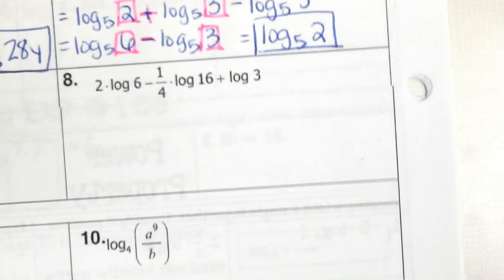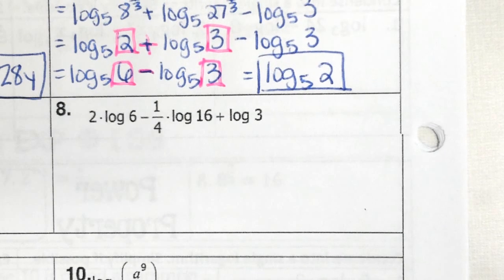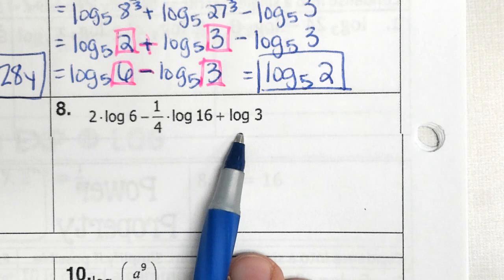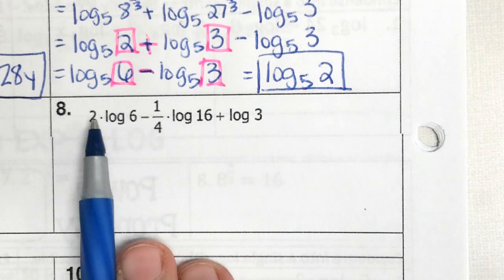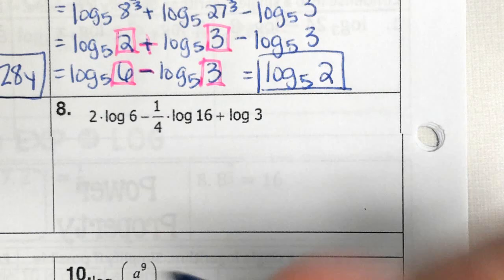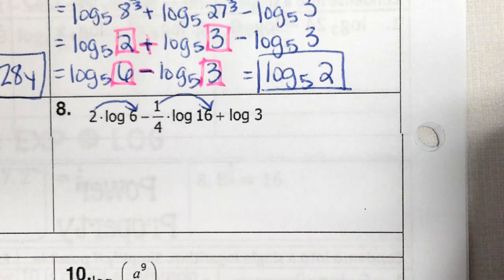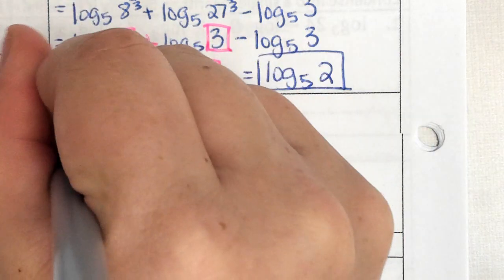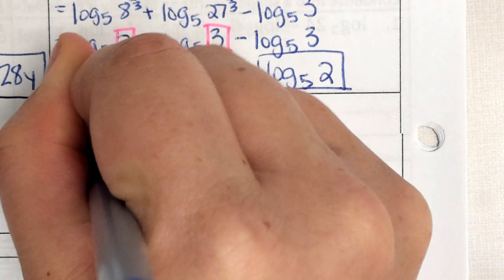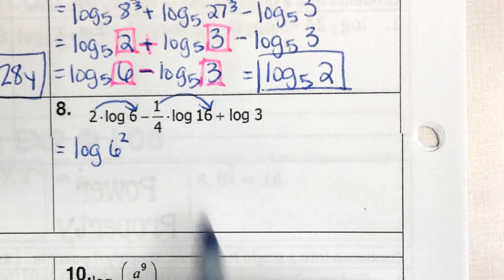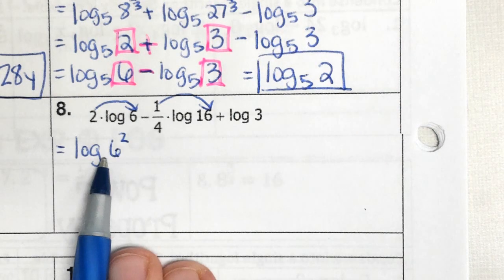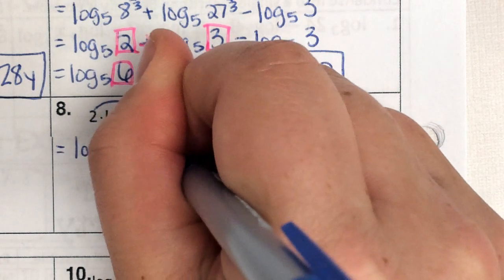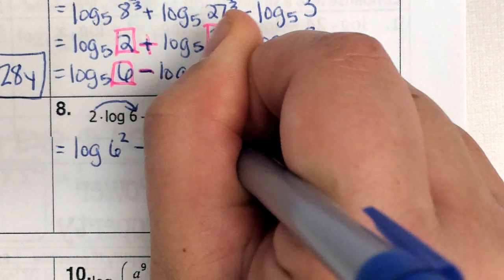And then number 8. Okay, we've got 3 logs. We have a number in front, a number in front. Your first step always is to move that number in front to the exponent. So that 2 is attached to the 6, and the 1/4 is attached to the 16. So this becomes log of 6 squared. I understand there is no base. That's okay. That means there's a 10 there, but we don't have to write it. Minus log of 16 risen to the 1/4